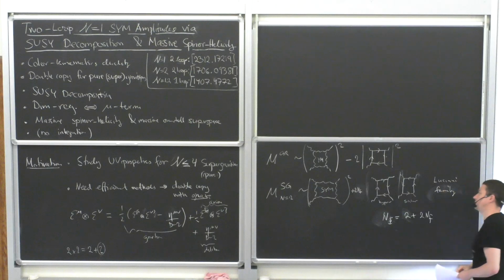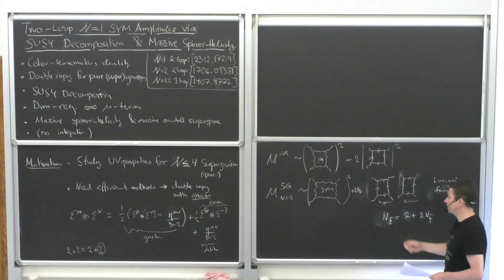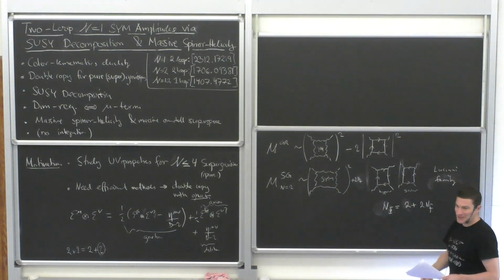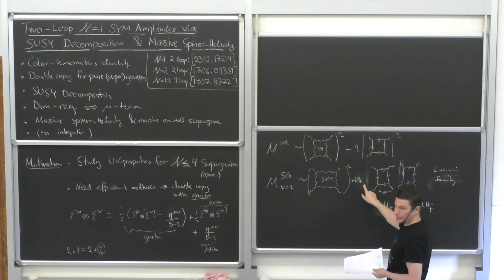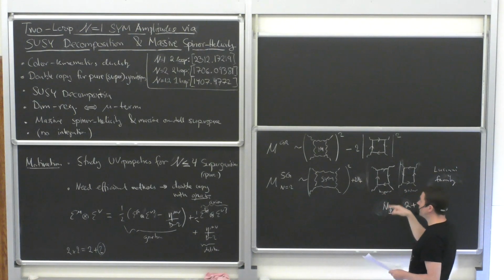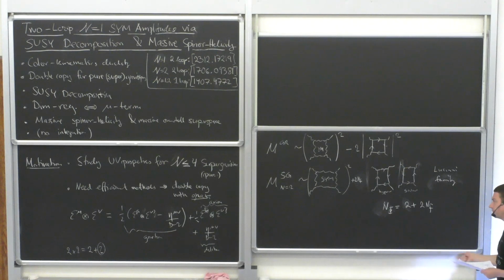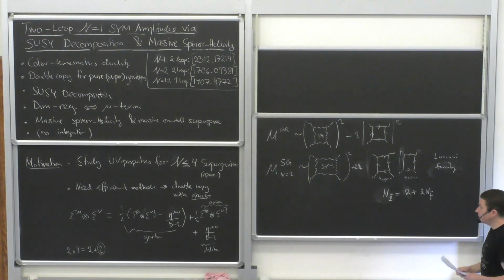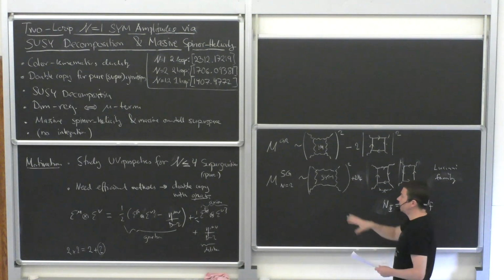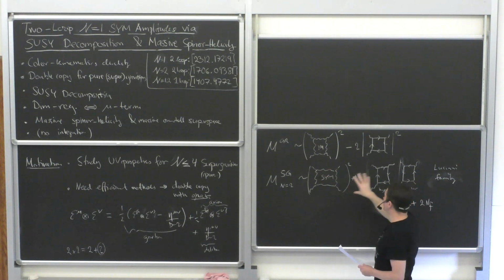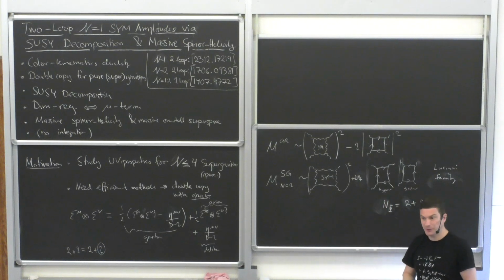But you can also couple hypermultiplets as well. Anyhow, I wasn't planning to talk about that. But the point is that you're putting in a negative number here, and that can also have an interpretation as adding ghosts to the theory, right? Just like Faddeev-Popov ghosts, you have to put in a minus sign for each closed loop. Okay, all right. So essentially from this what we learn is that we need to compute the pure Yang-Mills, pure super Yang-Mills, and we need to compute the matter graphs as well in this series.